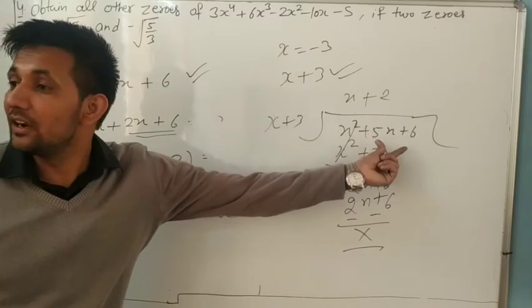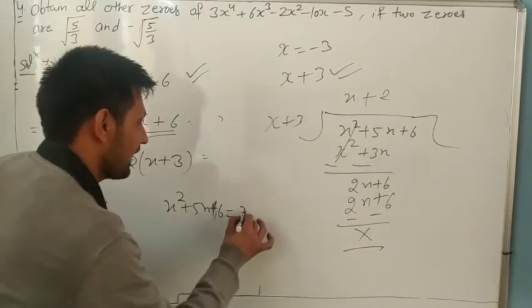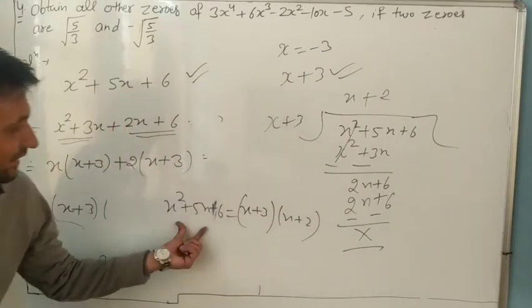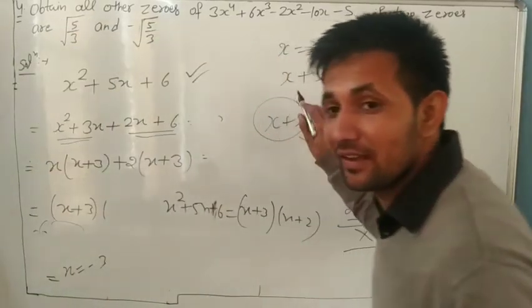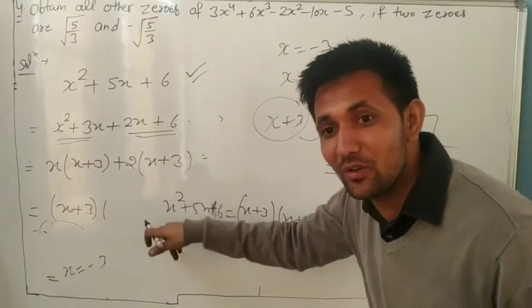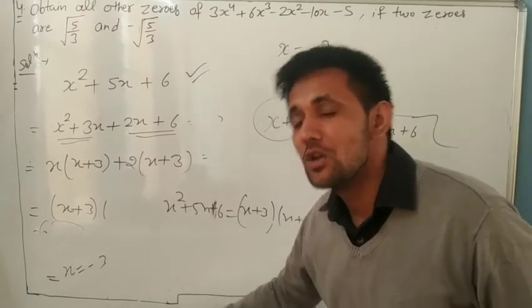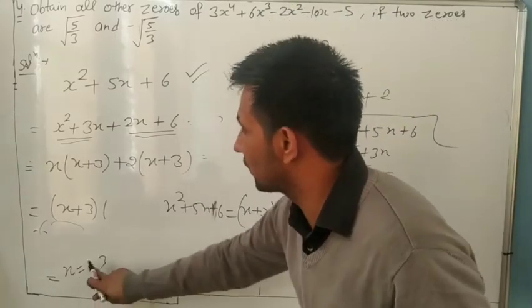This is dividend is equal to g(x) into q(x). So it means (x plus 3) multiply (x plus 2), or not? It means both are factors or not. So if we know one factor, we can find the second one easily. Everyone knows x plus 2 is also already a factor. Understand? So every time, dear, whenever one zero is given, so x equal to minus 3.